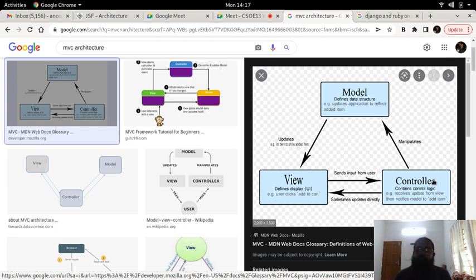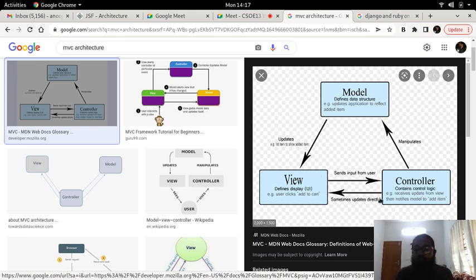Okay, so this particular idea of separating the entire concern of the program or the application into three different major components called model, view and controller.